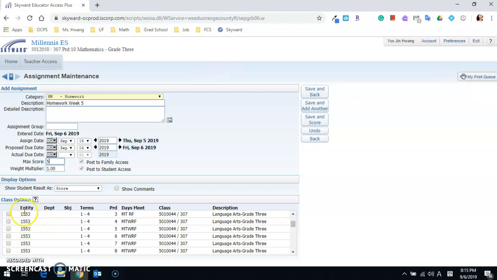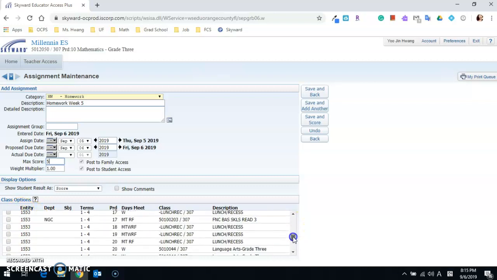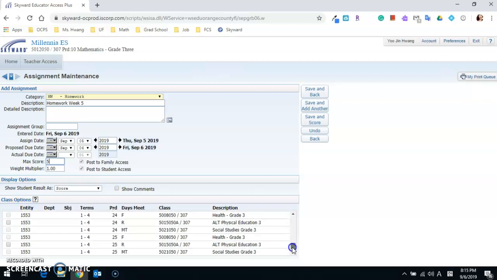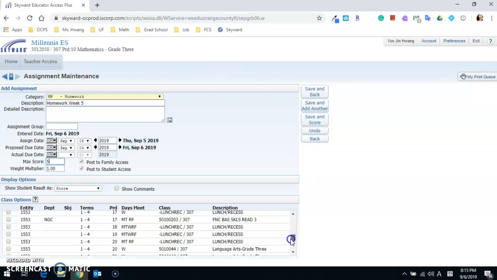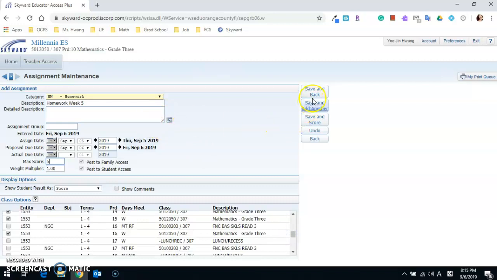So remember that class options are the one that you can do, so you can assign the same assignment to multiple classes. So let's say I'm just going to do it for math, and then I'm going to do save and back. Now when I go back,